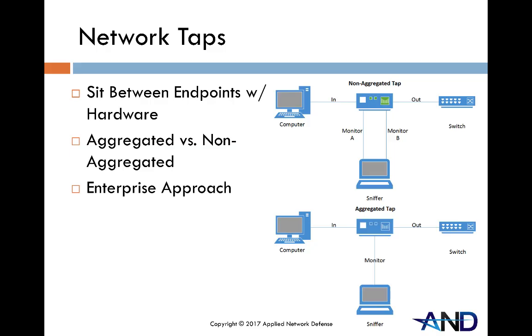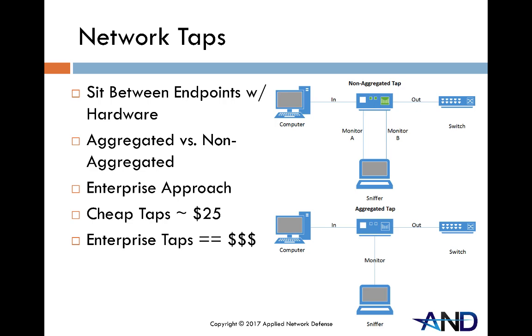So taps, again, really designed more for the enterprise approach. They do make cheap ones. You can find non-aggregated taps for as little as $25. There's the ever popular Network Throwing Star non-aggregated tap. You can actually even make your own with a little bit of ingenuity and some Cat5 cables. You can kind of make your own taps, which is pretty neat. Enterprise taps from the aggregated side, significantly more expensive. You're paying more based upon the amount of throughput you need, the advanced features like the failover, the packet caching,